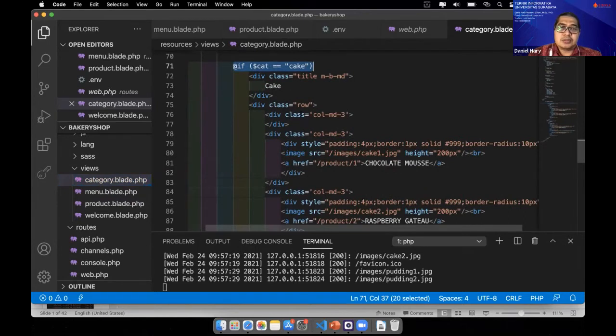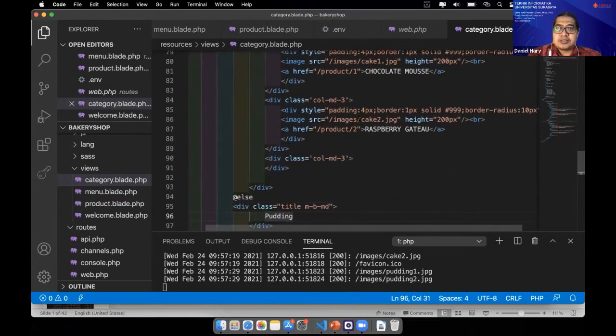Next, we will not put this code hard coded here, but we will create it with database values. The value comes from the database.